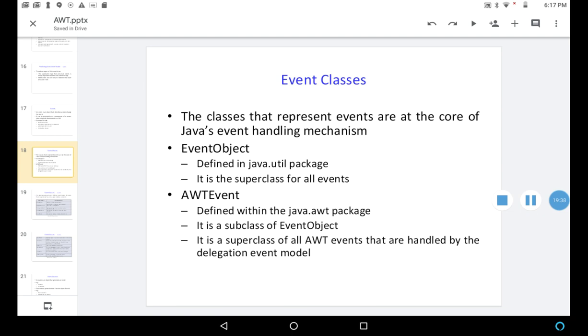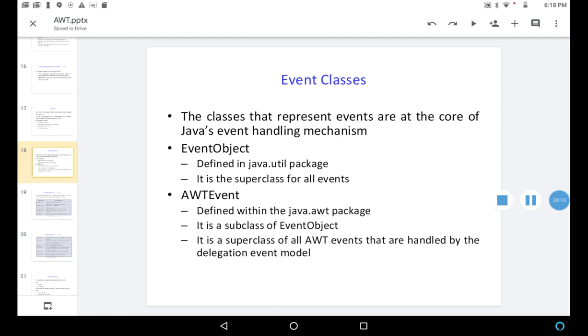So event classes: the classes that represent events are at the core of Java's event handling mechanism. What is EventObject? It is defined in the java.util package, the utility package.